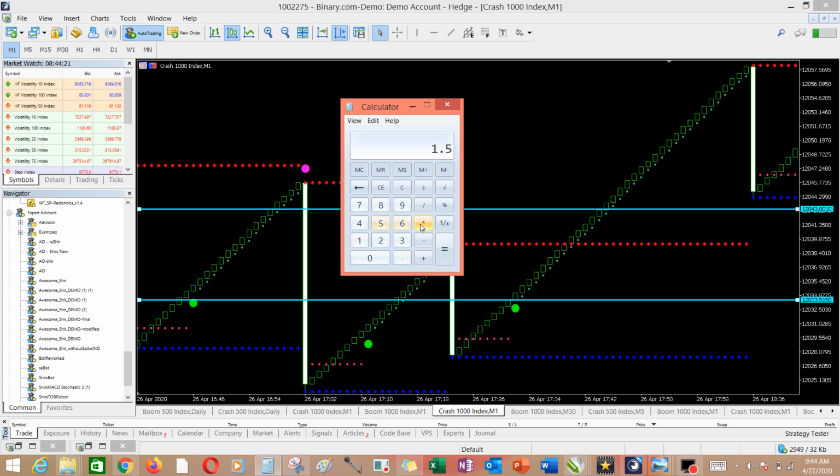$1.5 per minute times 13 candles. Can you imagine? That is $19 from a single trade. What if you are able to take 10 of such in a day, times 10? That gives you $195. Even if you are able to take 10 of such in a week, not even in a day, $195 in a week is not bad.